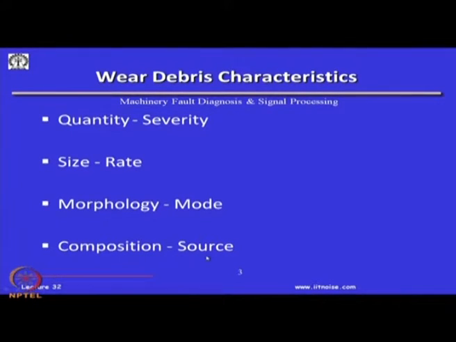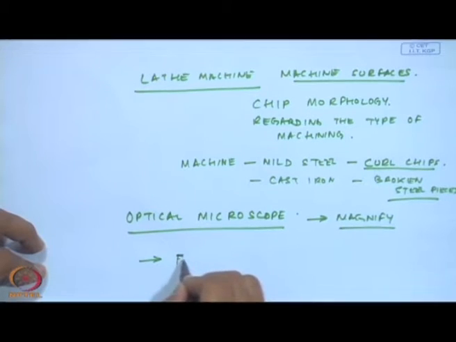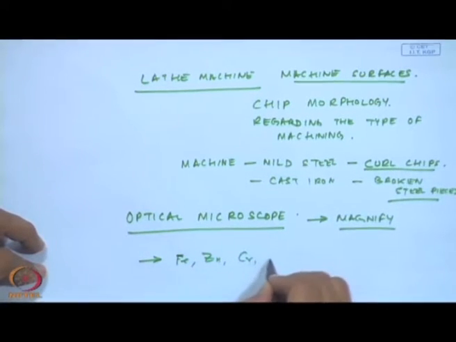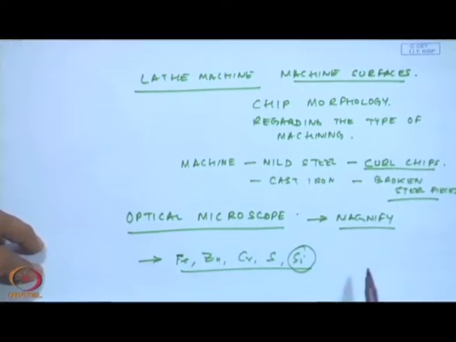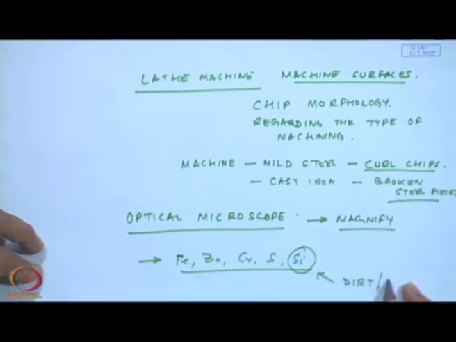And then the most important part is the composition of the wear debris particles. The composition of these wear debris particles will tell us what the parent material is in terms of composition, whether it is a lot of iron, lot of zinc, lot of chromium, lot of sulfur, lot of silicon. A good example is silicon. The sand grains or the dirt actually have silica. Suddenly in the contaminants, if I find a lot of silicon or sand grain coming up, I will know that a lot of foreign dirt has gone into my machine. So, these are telltale signs.